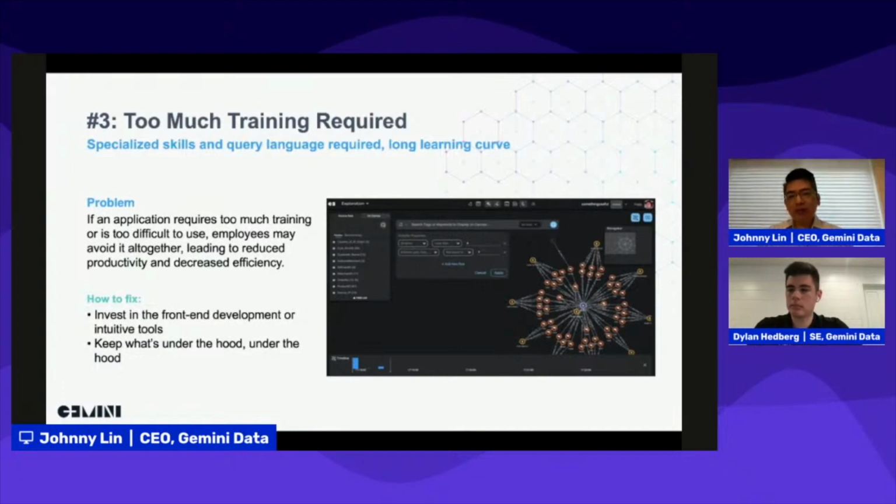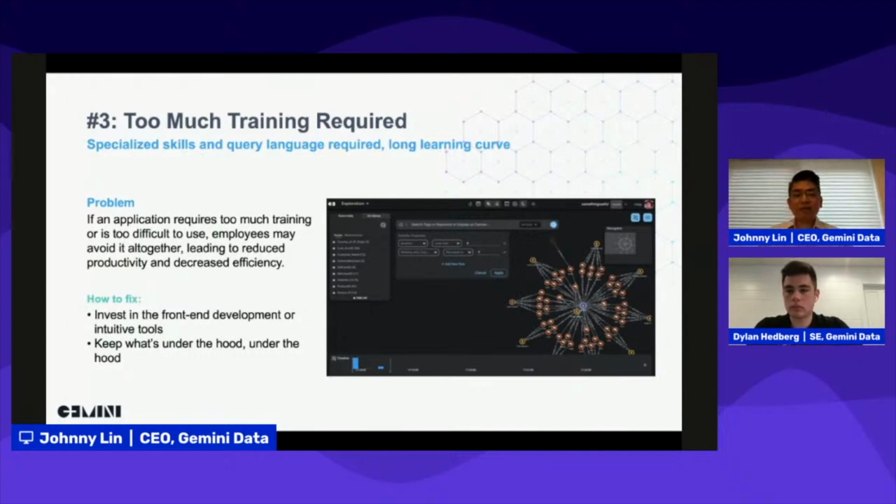Because if this takes a lot of training and it's difficult to use, what you will realize is that the business users tend not to use this kind of solution or application, because it usually means reduced productivity and decreased efficiency. And we know people are lazy, and they have other things to do. We're all busy.